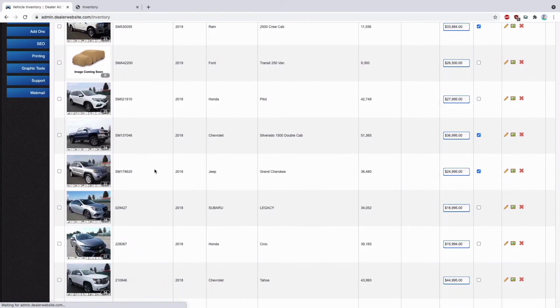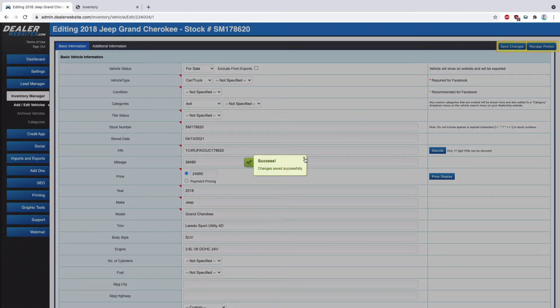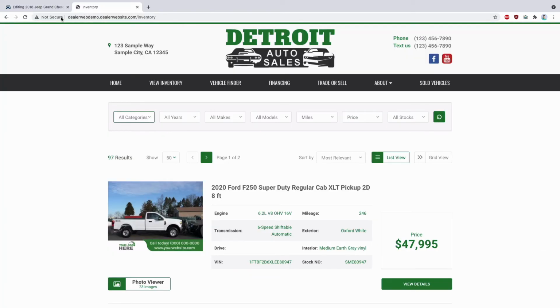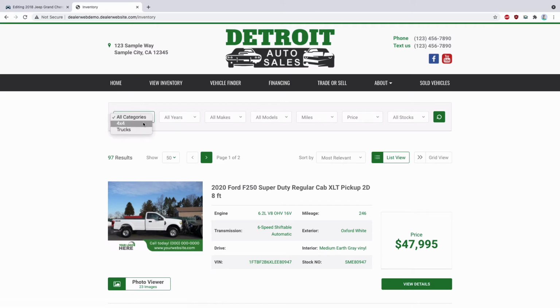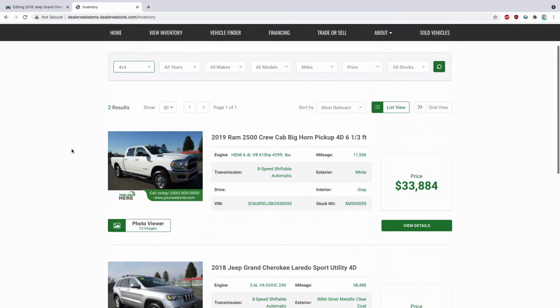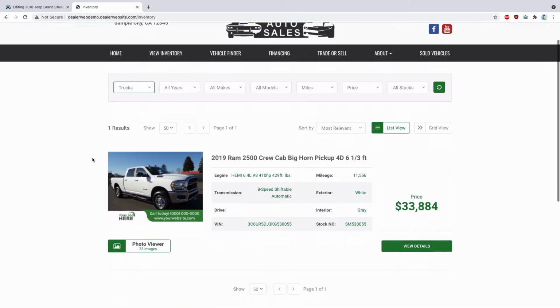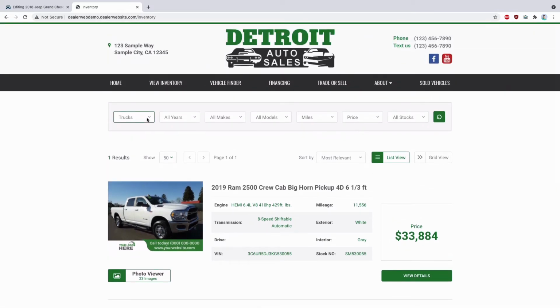Let's see, I'll do this Jeep. It's 4x4, but not a truck. So I'll just do 4x4 and save changes. And now if I go back to my inventory and refresh the page, now I go to 4x4 and I can see I have the truck and the Jeep. And if I go to trucks, this is the only one I marked for trucks, so that's going to show up. It's a good way to further allow users to search your inventory based on specific categories that you can